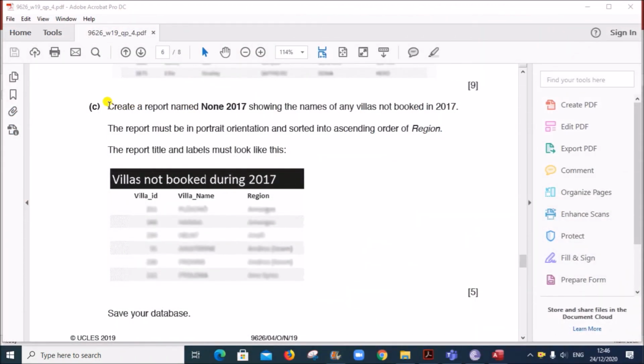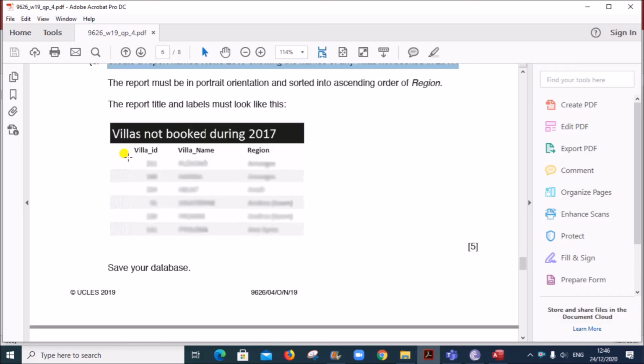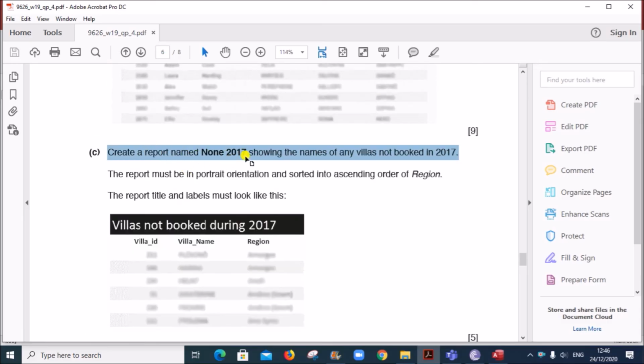Next, we need to create a report named None 2017 showing the names of any villas not booked in 2017. The report must be in portrait and sorted into ascending order of region. The report title and labels must look like this. So we need to create a report which shows all the villas except the ones booked in 2017.